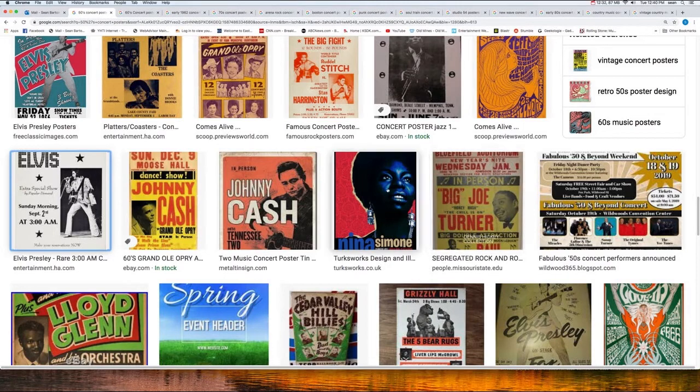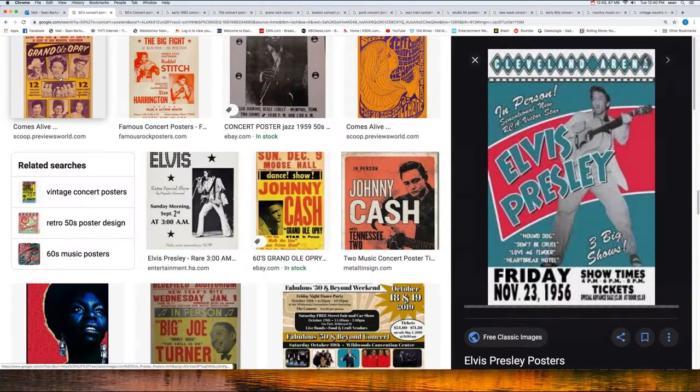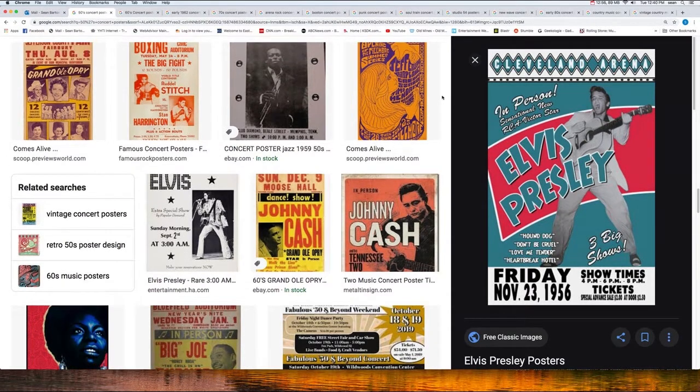This, however, is not. And you should be able to tell as you're looking through these, like, this is not the 50s Elvis. This is the 50s Elvis. And I think this is actually a remake, it looks like to me, because everything's super clean and it's on pure white. Now, as we go forward in the